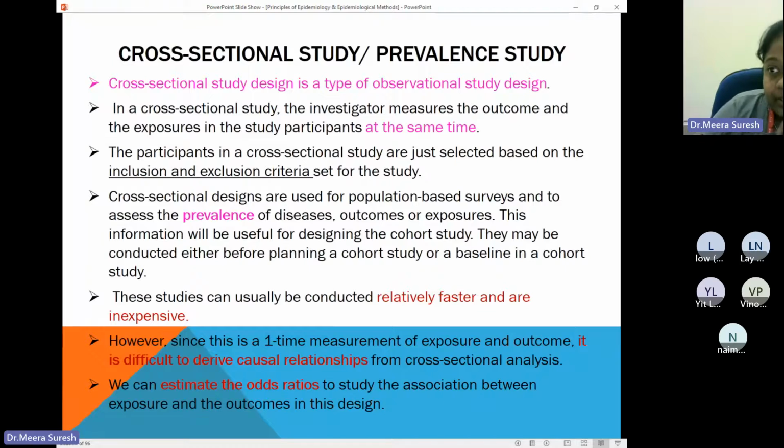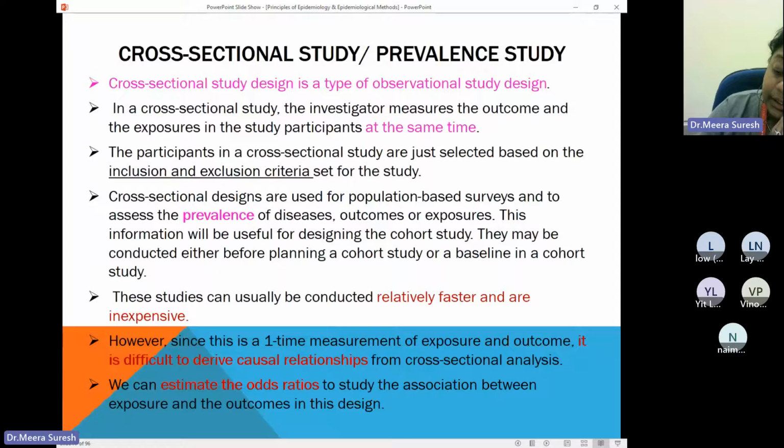And why we call it a prevalence study is when we do a cross-sectional study, we go into a group of people, give them a questionnaire, ask them a question. Even if you're going to learn about smoking in adolescent people, it can be boys or girls, or if you want to confine it to boys, adolescent boys, however you formulate your question. So one of the questions will be, are you a smoker? Because if you don't ask that question, you can't go further. And then the person is going to answer yes or no.